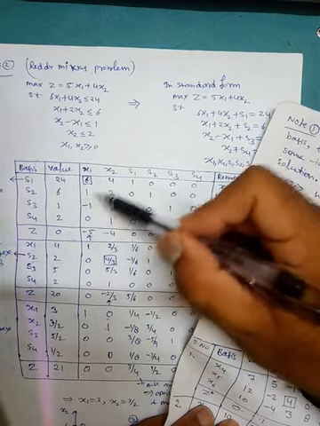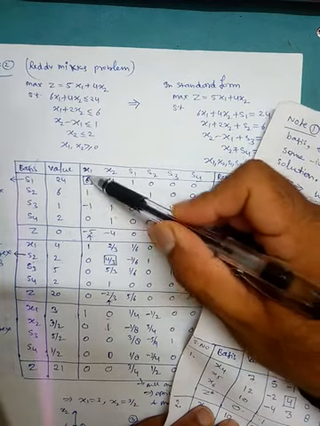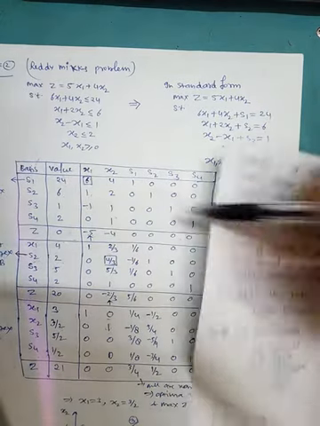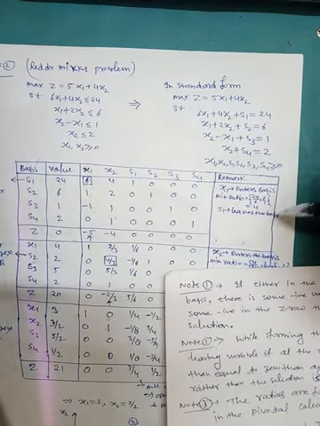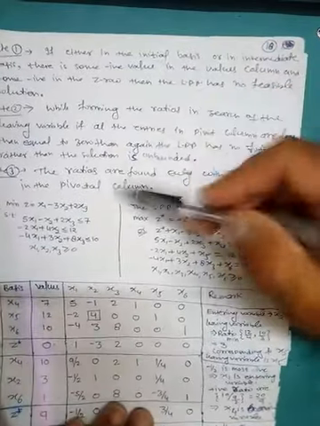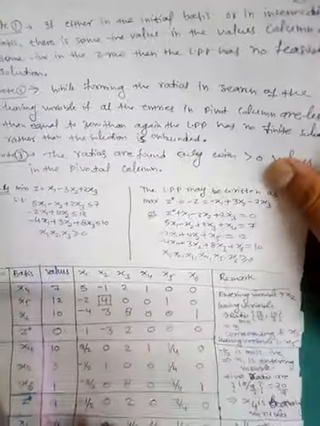We will consider only positive values. For example, 6 and 1 both are positive. We will not consider -1 and 0 to form the minimum ratio. Fine, this is the meaning. Okay, so these are the few important points. Let's see another problem of minimization, how we can deal with a minimization problem.